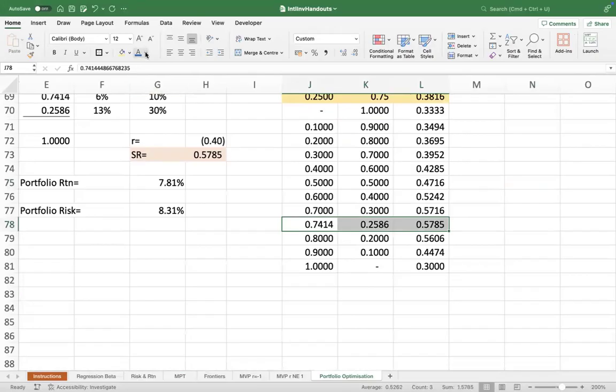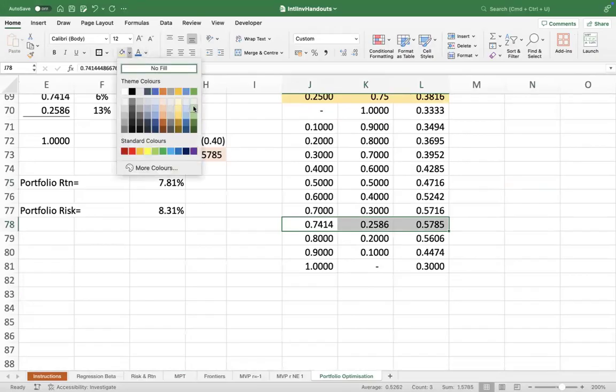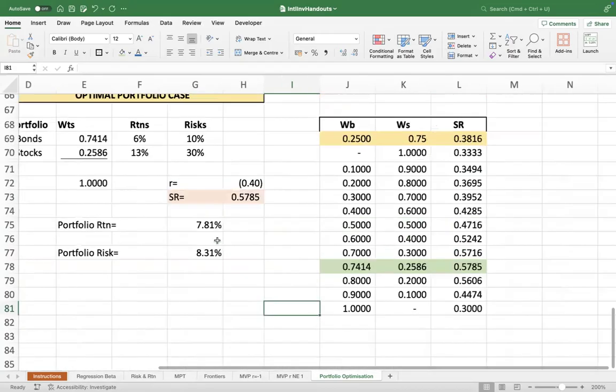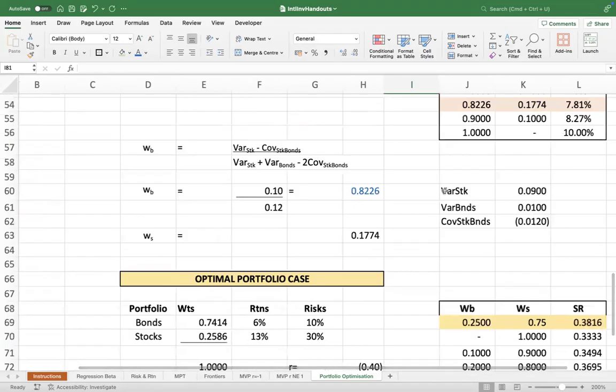इससे ज्यादा नहीं मिलेगा, guaranteed. This is the place where you are having the maximum Sharpe ratio. That means if I have 74.14% in bonds and 25.86% in stocks, I will get the maximum Sharpe ratio, which is 0.5785. Clear? Now we can also do the same calculation with the